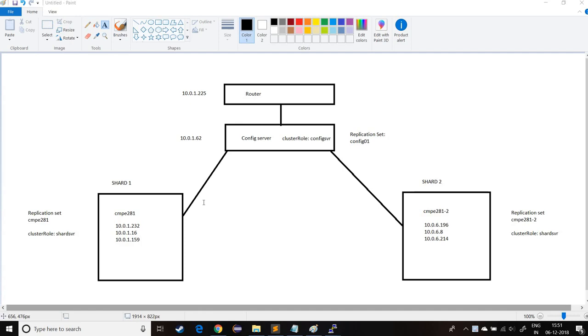Hello, my name is Harsh, and in this video I'm going to show you MongoDB sharding. So this is my architecture. I have one machine router which is going to be used to do sharding on the MongoDB cluster, as well